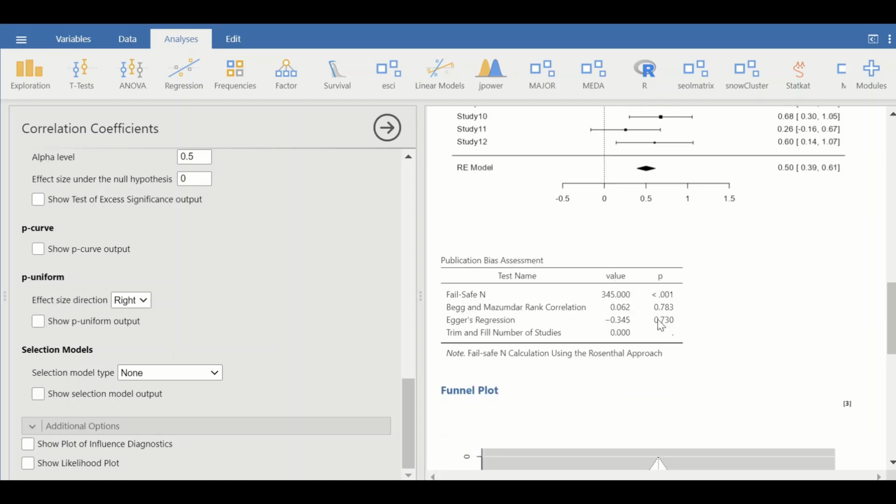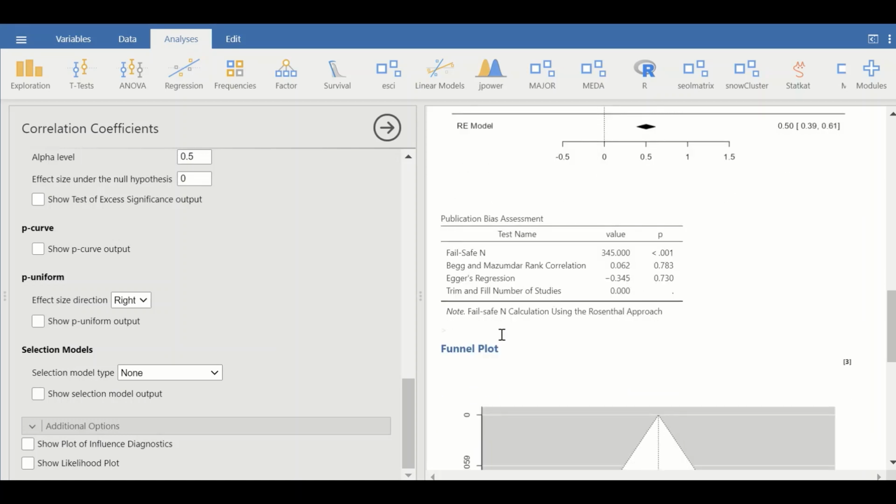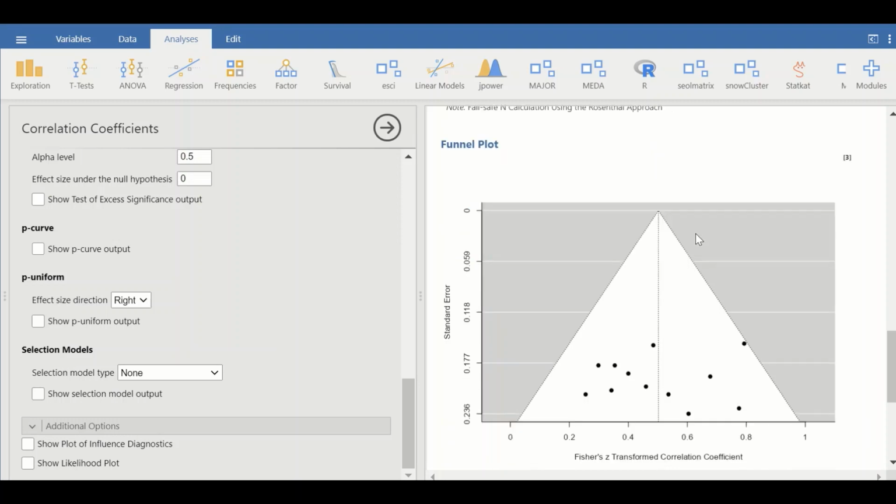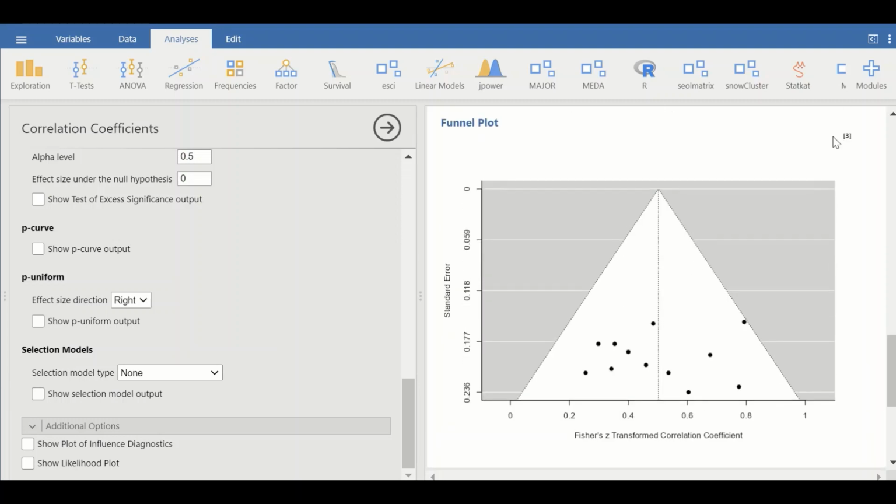Moving to the other sections here, further tests are performed as shown here for publication bias assessment, and Egger's regression was performed as given in this table, and a p-value is assigned for this Egger's regression. Scrolling down to the funnel plot as given here, the funnel plot is a scatter plot that has on the x-axis the correlation coefficient for each specific study as represented by the black small circles, and on the y-axis is the standard error, and the scatter is in the shape of a funnel,